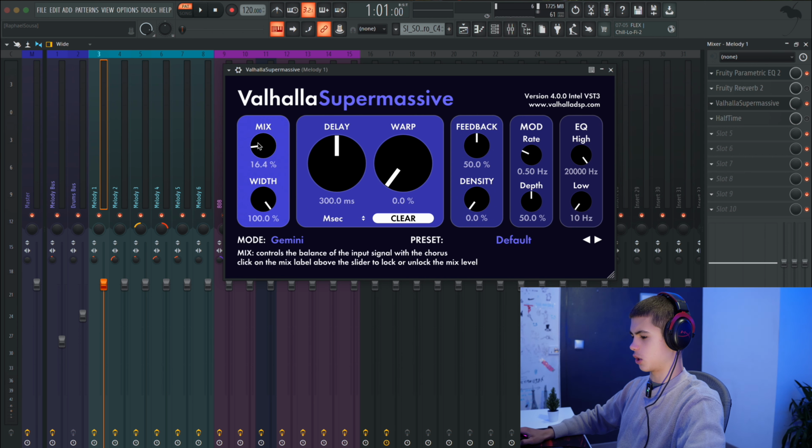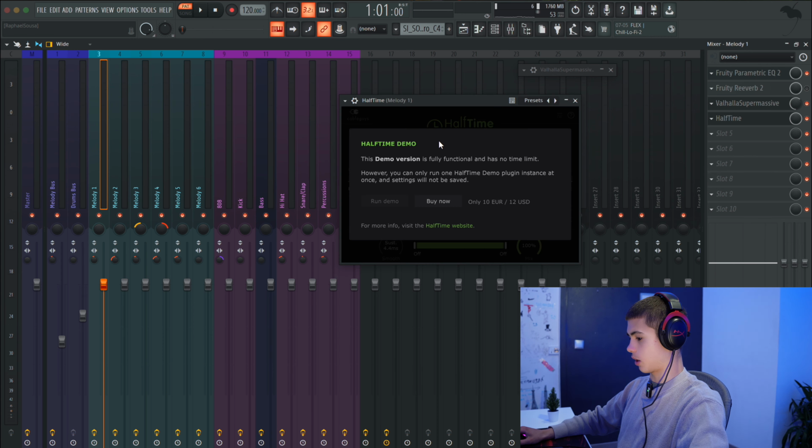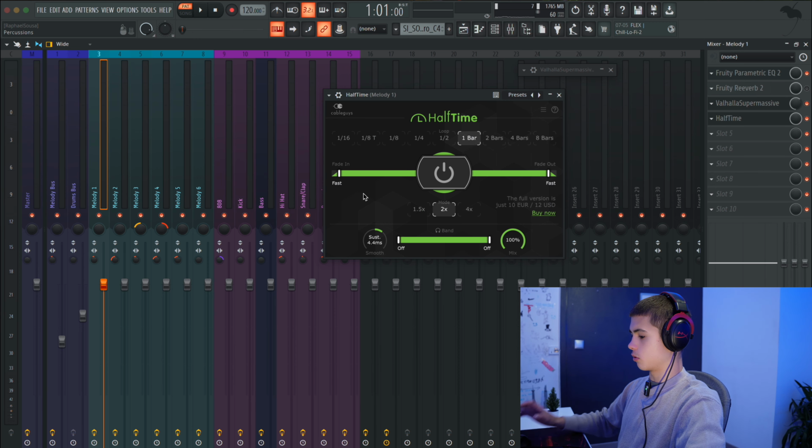So I think it was probably on 50% right here, just lowered to 16, then I lowered it a little bit here, because I just felt it was necessary, and then I used half time right here, and here's the difference with half time, okay? And just to let you know, with half time, you can see that I'm using the demo version,